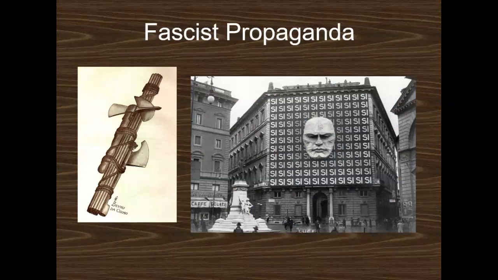Fascism uses a lot of propaganda. You can see the fasces symbol on the left once again, and it looks like there's some sort of agricultural tool that is being bound to the rest. Maybe this is in some way designed to get the peasantry or the farmers as a part of the fascist state. And then I really appreciate this gigantic Mussolini face on the facade of a building with the word yes,